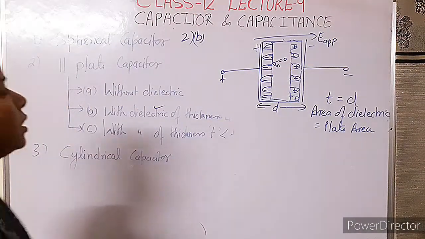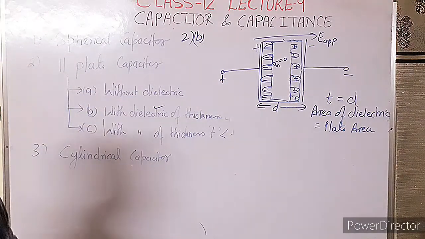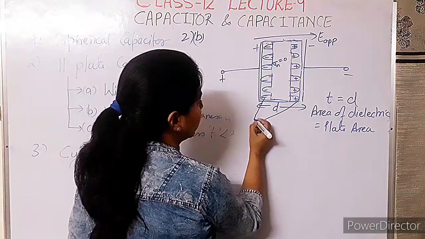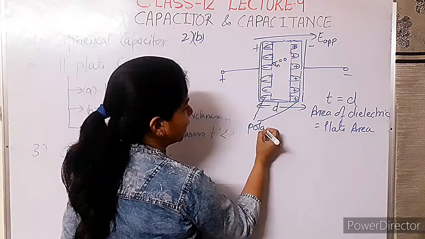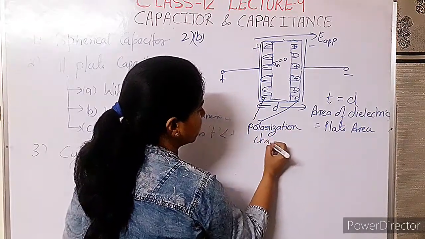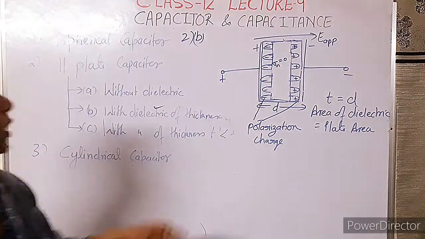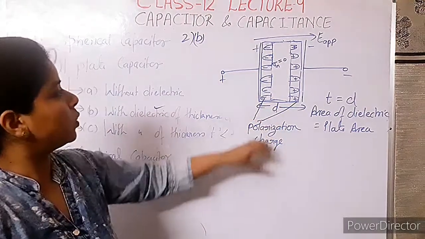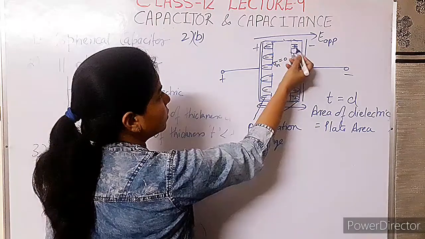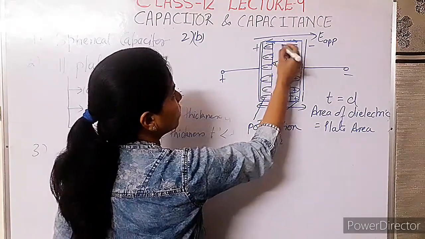Sigma means surface charge density, sigma is equal to Q by A. So if Q is 0, then sigma is 0. Now the surface charges in the dielectric are called polarization charges. Why are they defined by this name? Because they create the polarity across the dielectric, and you can see the polarity is from this plus side to the minus side. That means the electric field is always from plus to minus.